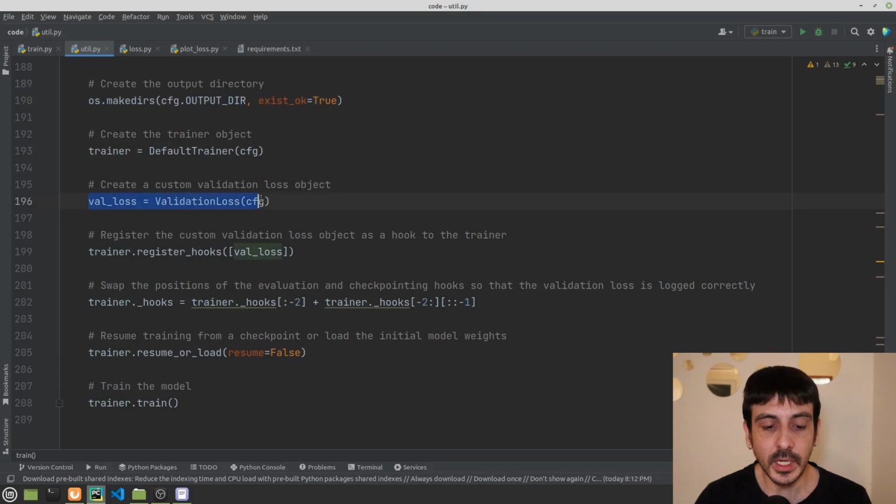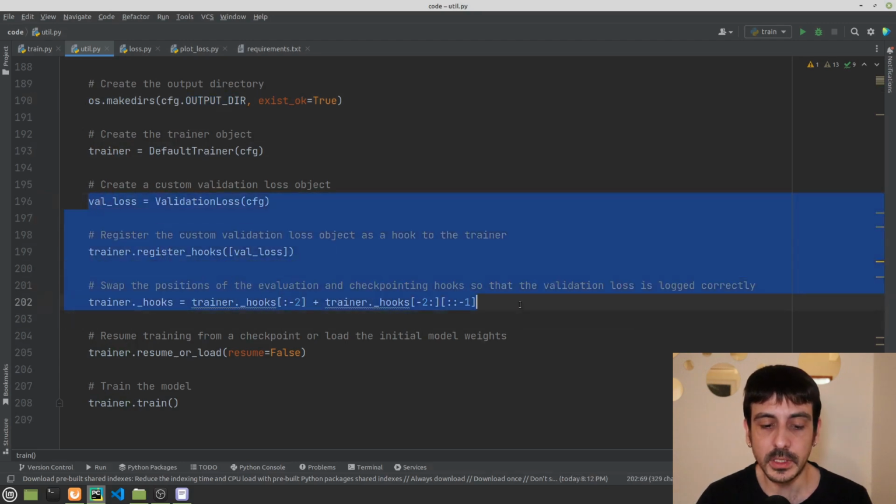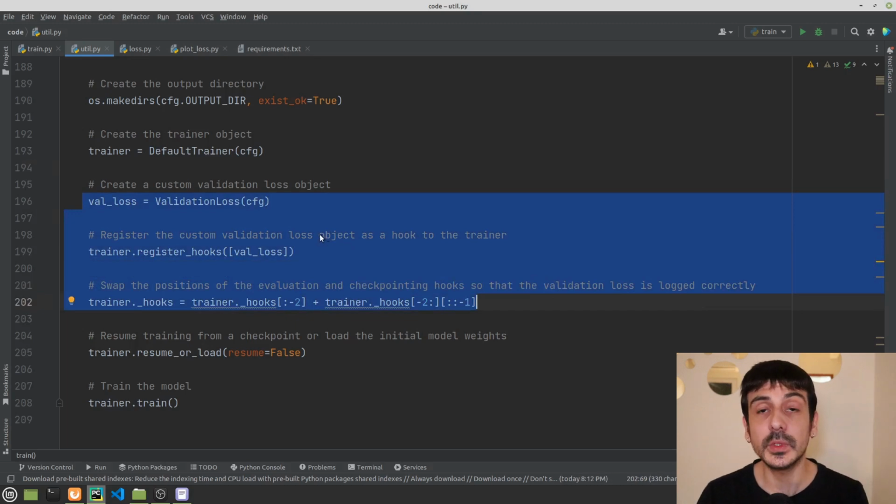Then these 3 lines we have over here are also very important, because when we are training a model using Detectron2, during the training process we will have a lot of information regarding the loss function in the training set, but we will not have any information regarding the loss function in the validation set. That's the way Detectron2 works by default. So if we want to add this information, if we want to access the loss function in the validation set, this is exactly what we need to do.